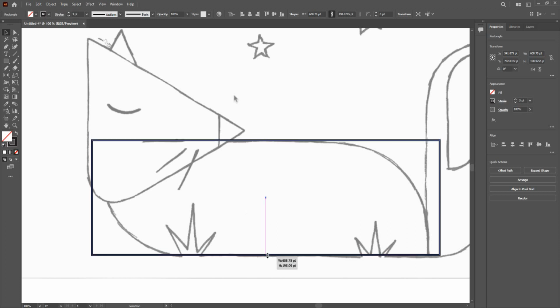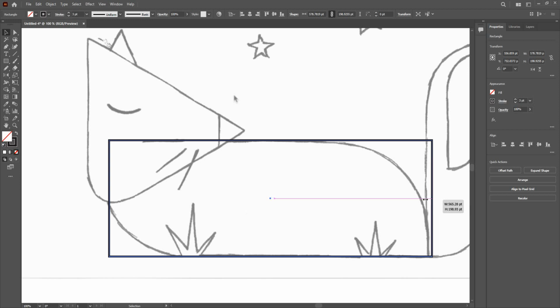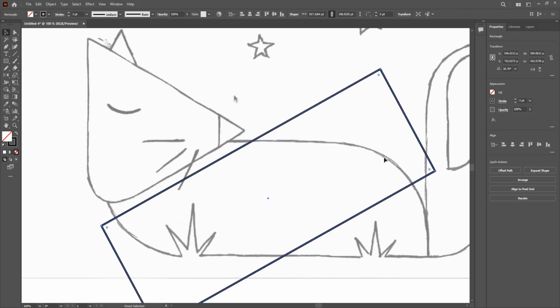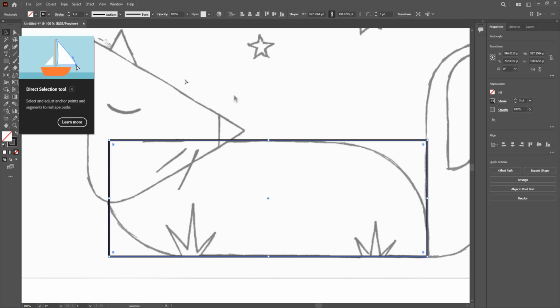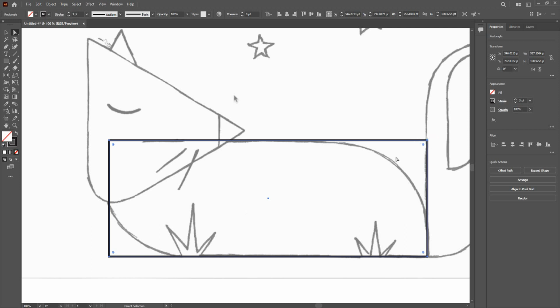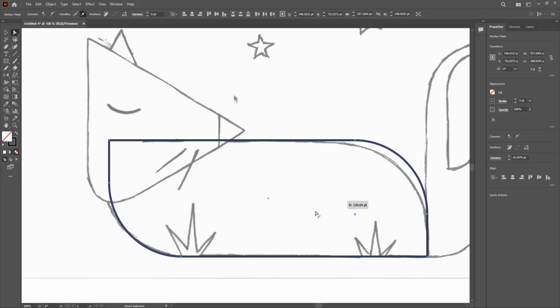Set the rectangle as per the fox. Click and drag. If you go to the corners and you find this arc, it will allow you to rotate in case you want to rotate. Next, I'm going to go to my direct selection tool using shortcut A. I'm going to activate this corner because I want this corner to be curved, and this one as well. So click. This is selected. I'm going to hold shift and this is selected as well. As you can see, these are corner radiuses. I can click and drag to give it a corner radius